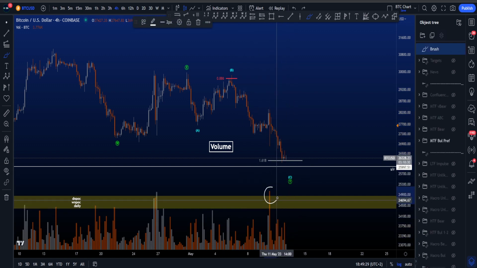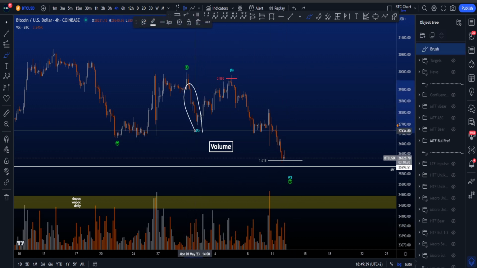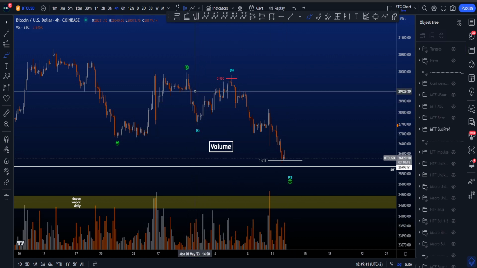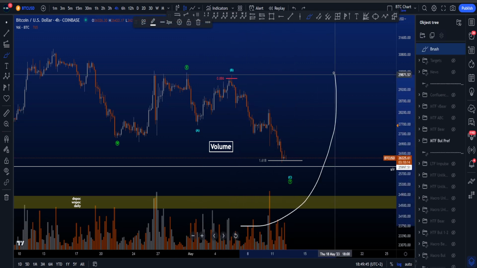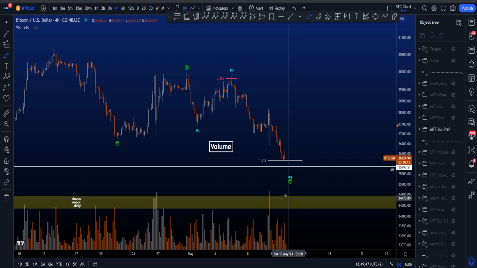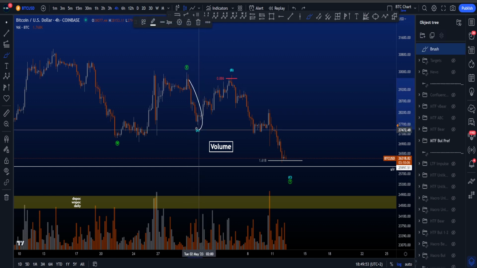Of course, we had a bit of a spike over here because of the news that happened around these times. But if you disregard this spike, the volume has been very, very average and has been equal to wave A, which is a sign for a potential wave C. Because if this is a wave 3, you want to see the volume increase with price going down. But in an ABC scenario like this, this wave C usually has about the same amount of volume